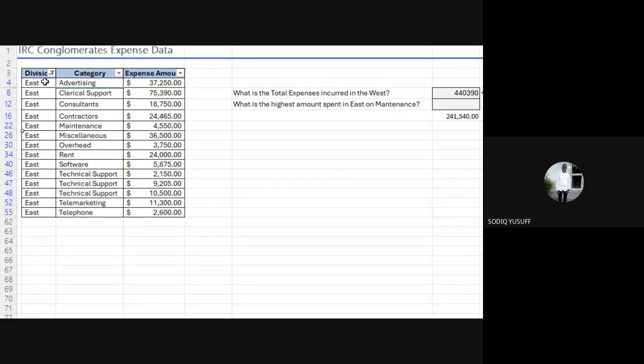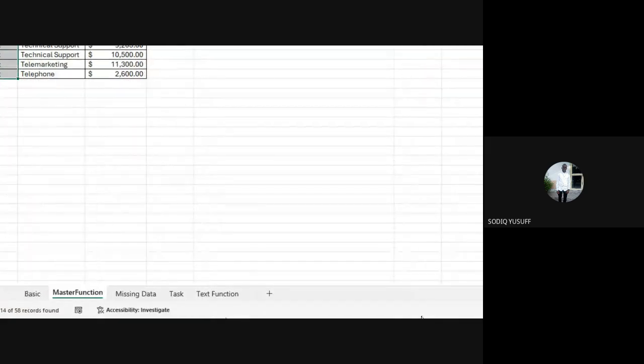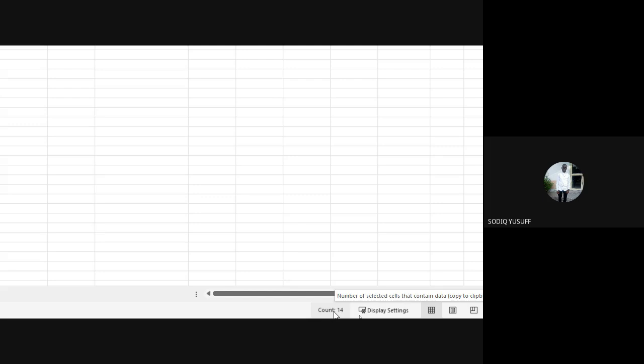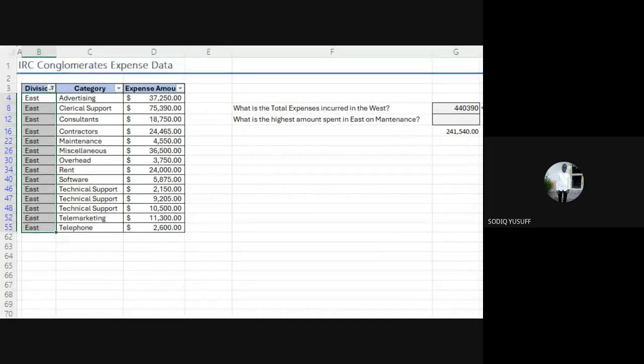If I count this now, it should be up to 14. And so now the count is 14. And again, if you count this one after the other, you see that East occurs 14 times. That is, these are the expenses that happened in the East. You have 14 expenses that happened in the East.